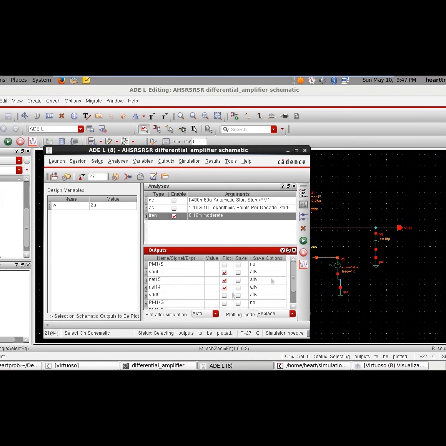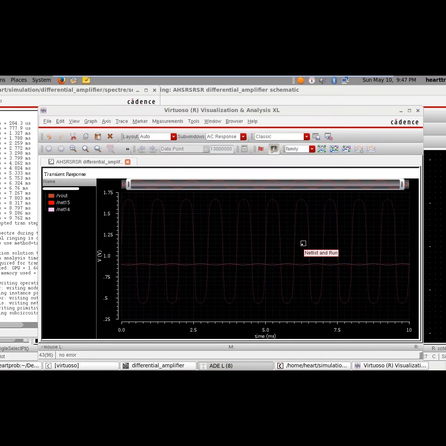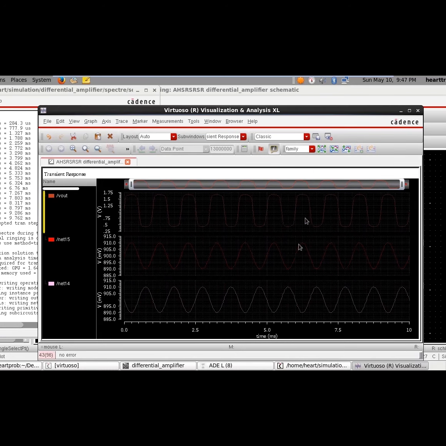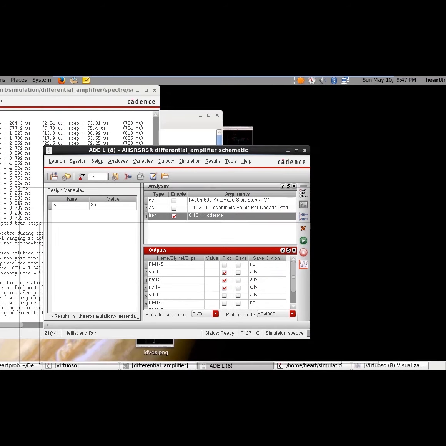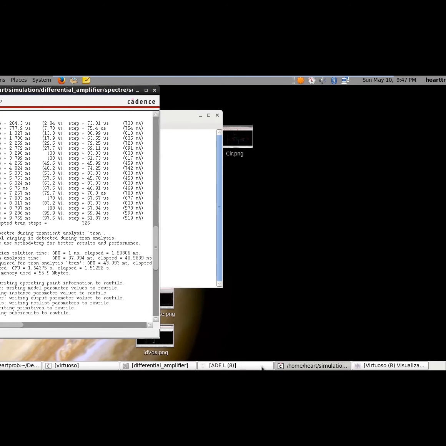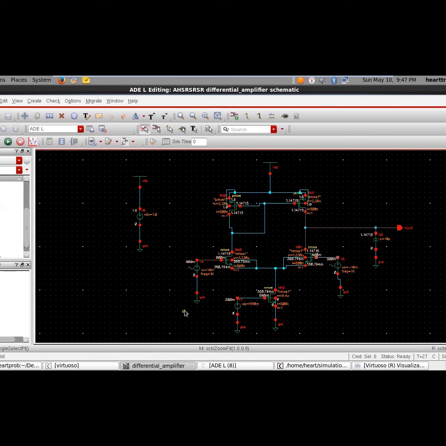We can see how much is Vout now, since it should have a higher gain. So you can see the difference there. See the voltage swing. Since that is only 10 millivolts, but output is higher. Output has higher voltage. So this is differential amplifier.